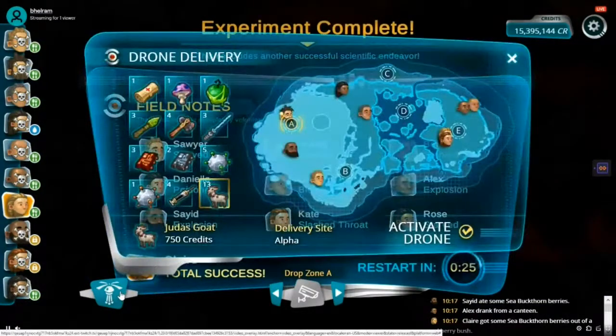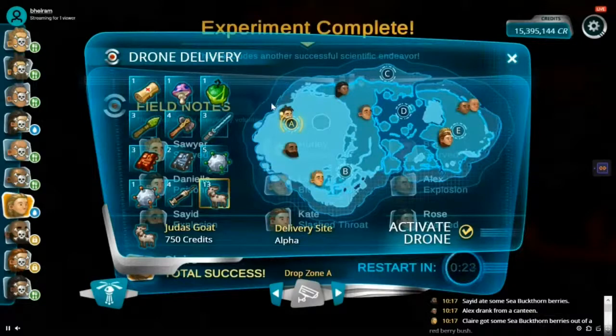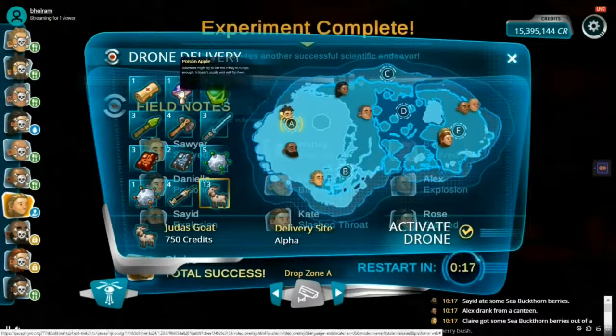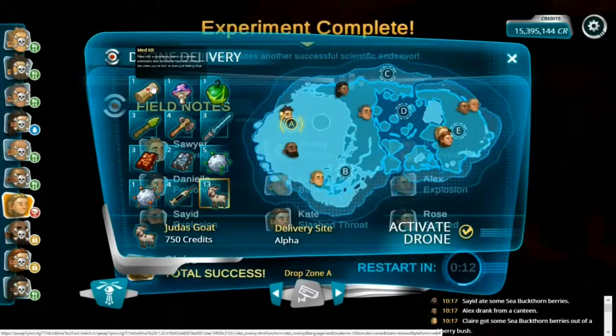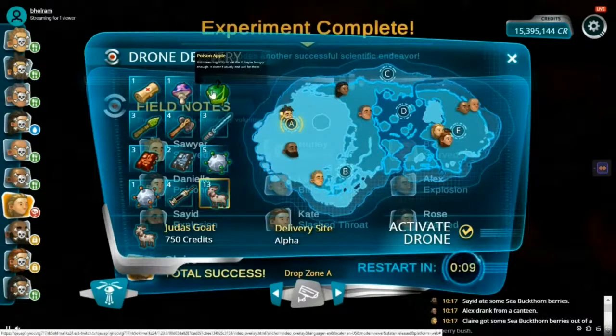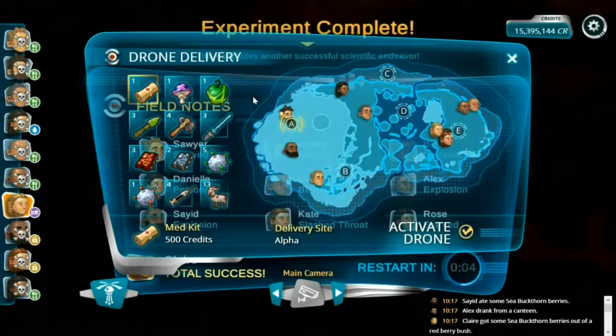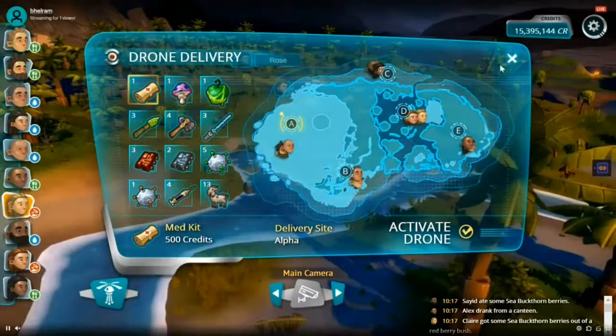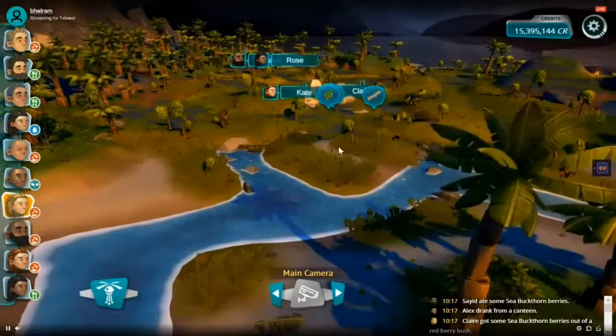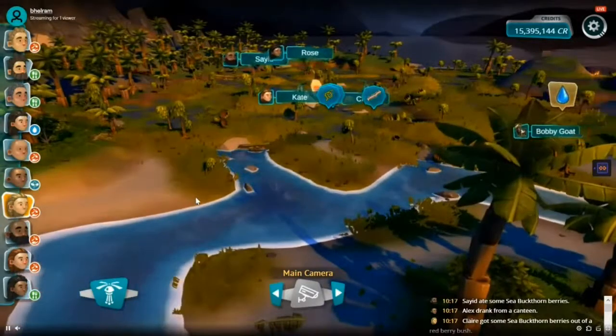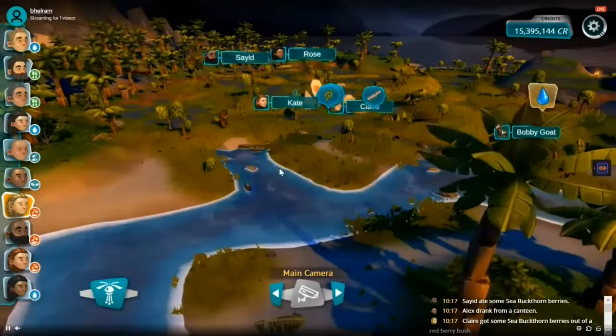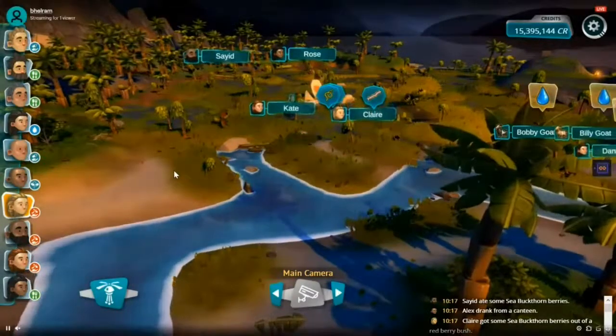Just one of the things I wanted to point out here is, so many things in games are randomly determined. It could be loot or something like this. Here are 12 different items that could be placed in your loot box, or in this case, a drone. And this has been outsourced to the community. This is outsourced to everybody that's viewing everything. So if you have something that's randomly determined in a game, that randomness can be outsourced to the community. It's a way to give the viewers agency. And again, here's everybody alive again as the game cycles through everything. Again, Project Ulysses by Pipeworks, a studio based in Oregon.